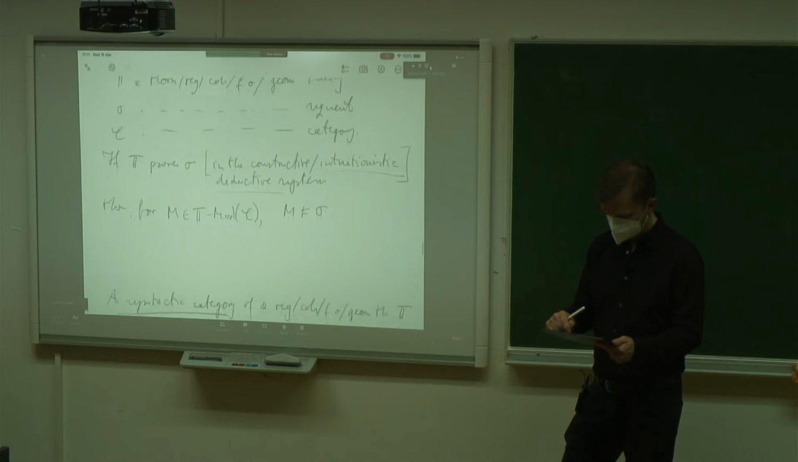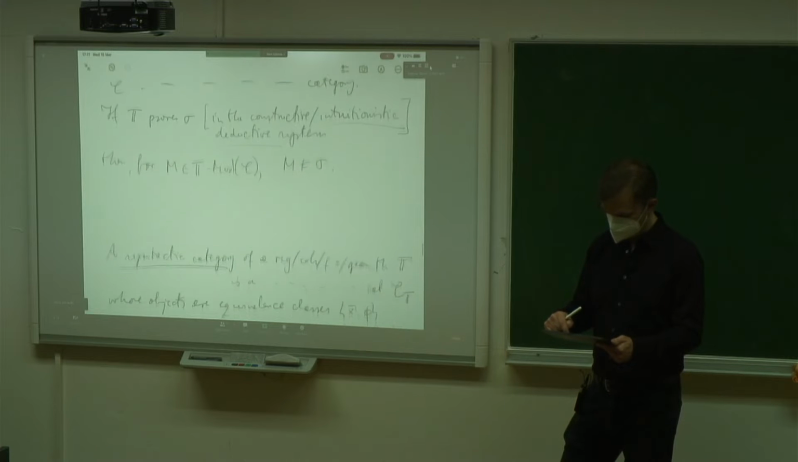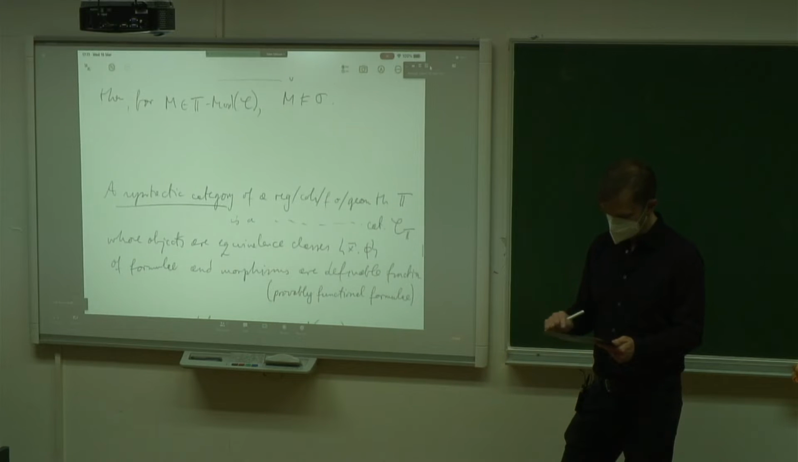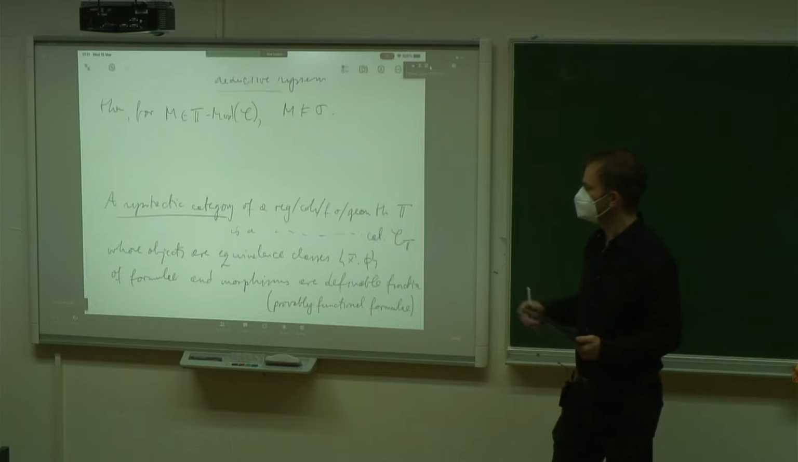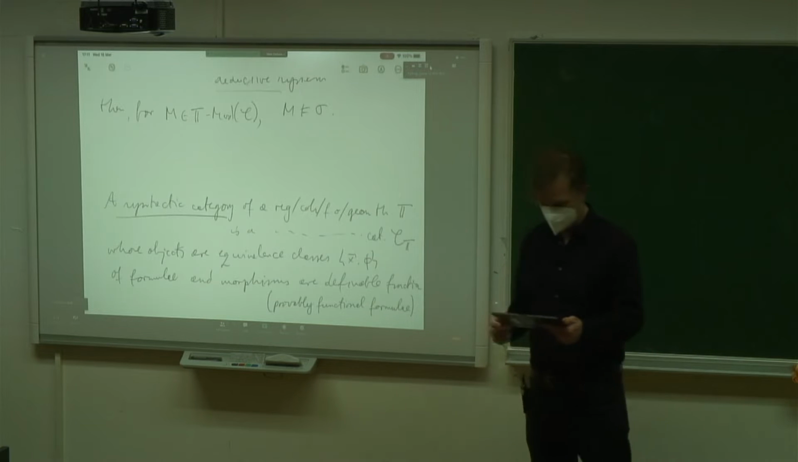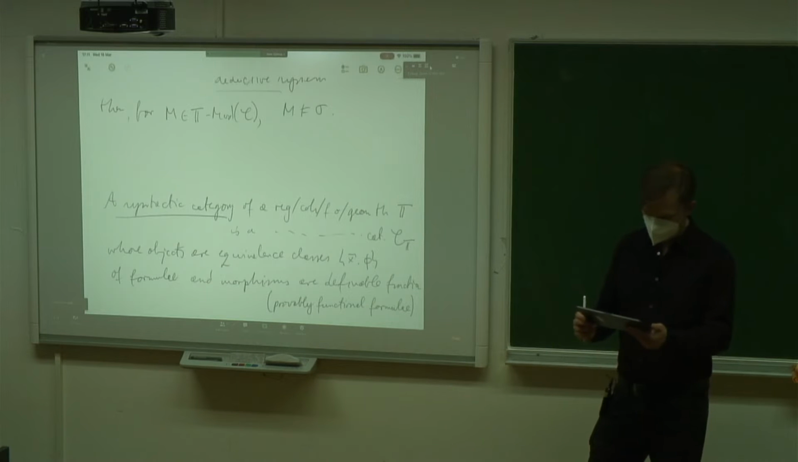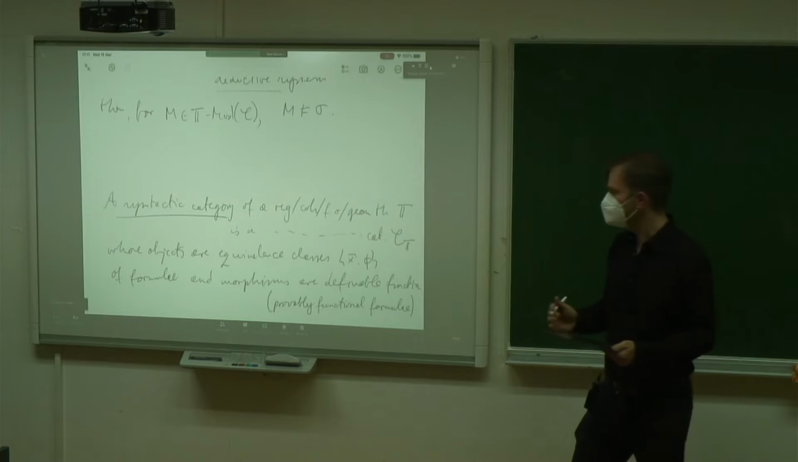So this is as expected. Now we work towards the construction of classifying toposes. We do this by going through so-called syntactic categories. A syntactic category for a regular, coherent, first-order or geometric theory T is the corresponding type of category, denoted CT,